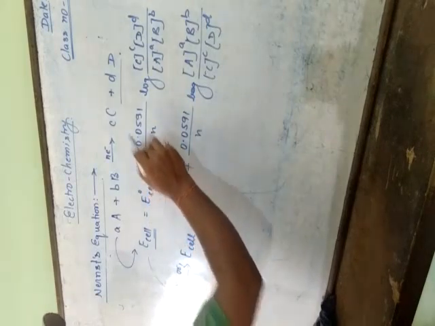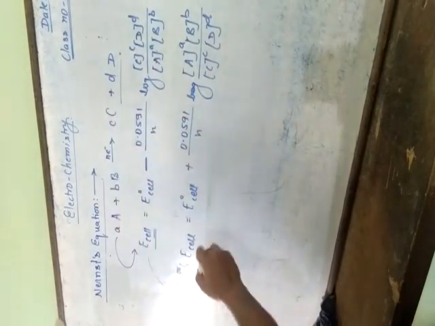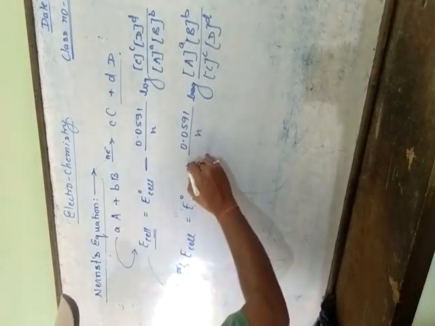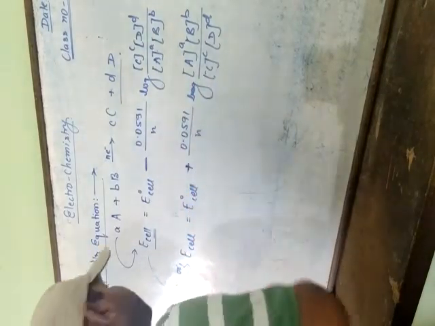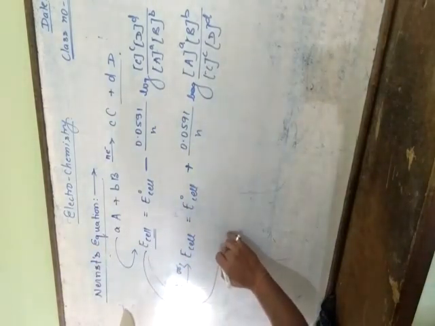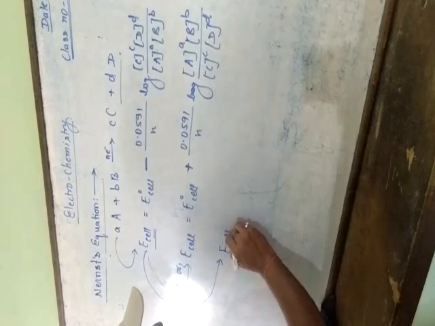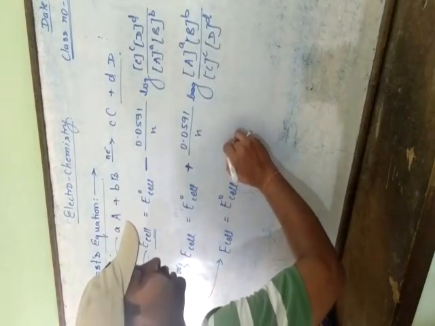If you write a negative sign, then the product is present above, and if we use a positive sign, then the product is written on the denominator side. So students, E cell equals E0 cell minus